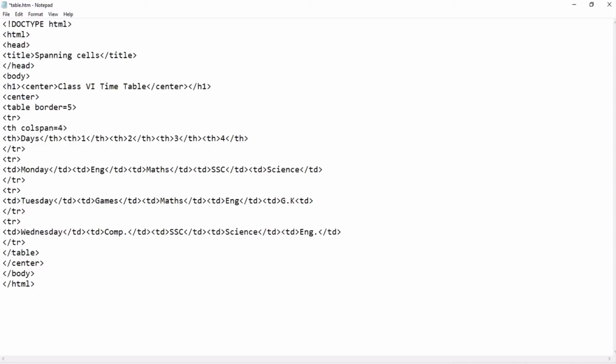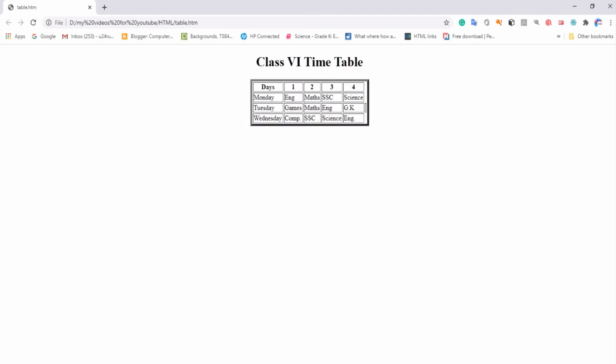What I have to write here now is Time Table. Then I will close this tag. So the web browser spans the cell across the number of columns that you specify. So let's save it and refresh the browser.